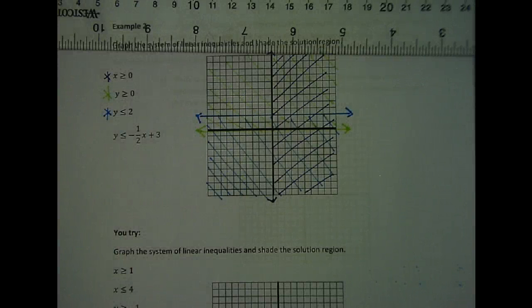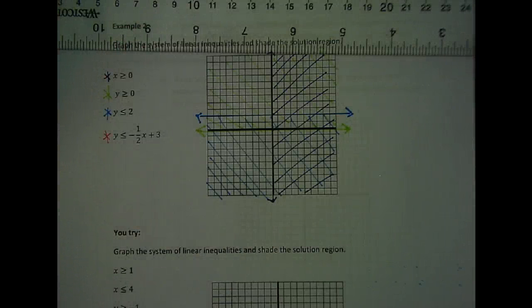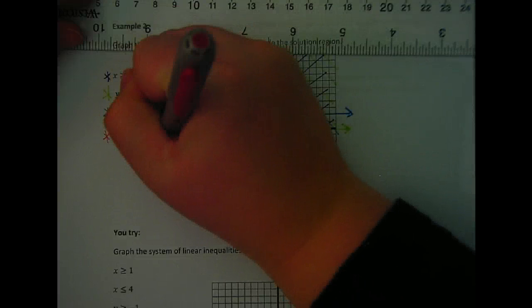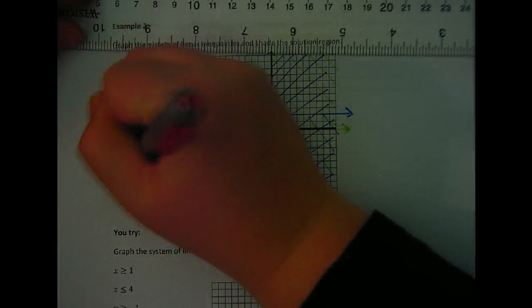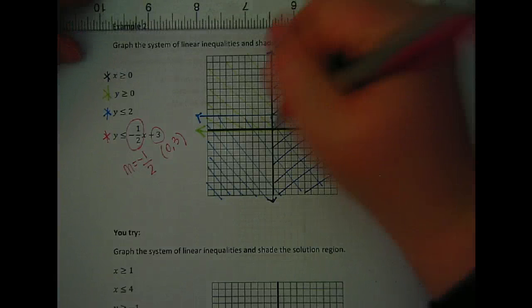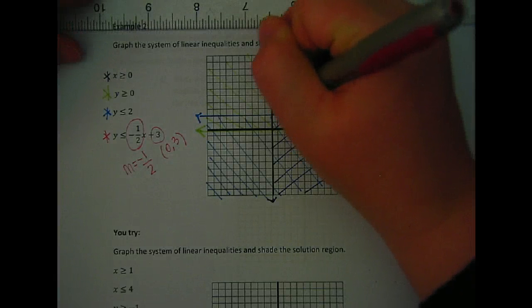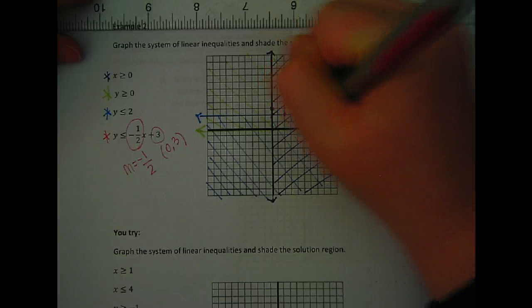And lastly, let me show you y is less than or equal to negative 1/2 x plus 3. So this is going to indicate a y-intercept of (0, 3), and this is going to indicate a slope of negative 1 over 2, so down 1, right 2. I go to my (0, 3), down 1, right 2, down 1, right 2, down 1, right 2,